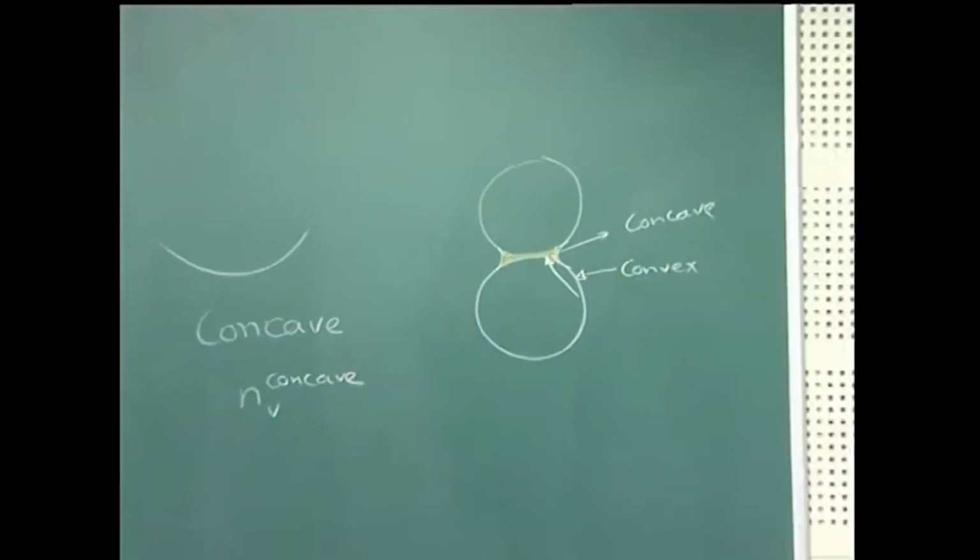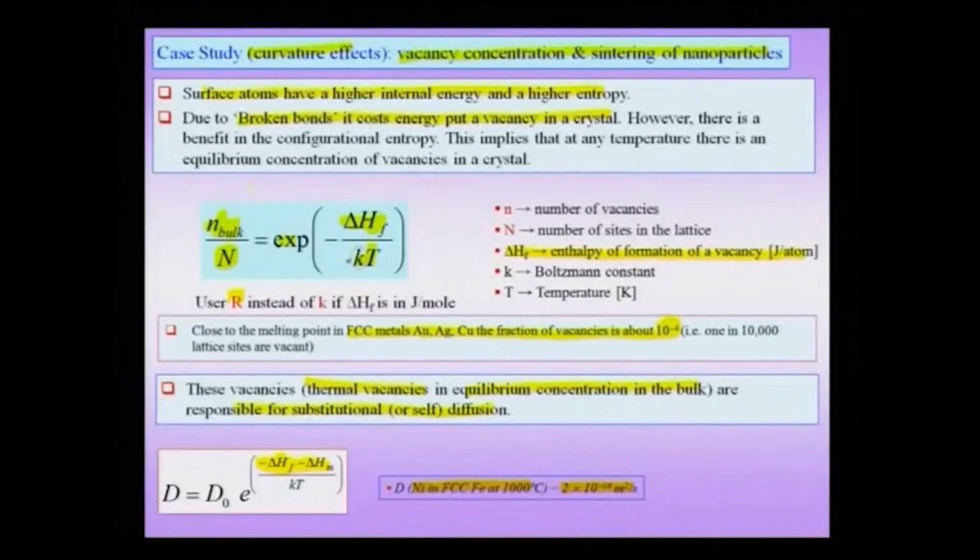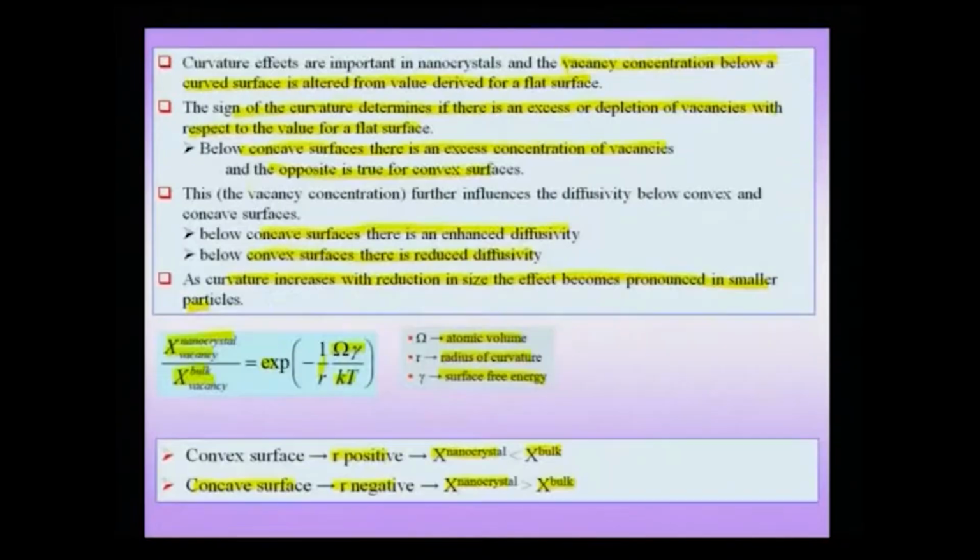Therefore, we are seeing that purely from curvature effects, we have important phenomena coming like coarsening and enhanced or reduced diffusivity in selected regions of the nanoparticle, which is going to give you an enhanced sintering. So, just to go through the sintering part again, we have a bulk concentration of vacancies, which we call the equilibrium concentration of vacancies, which is coming from a thermodynamic, configurational stabilization of vacancies in the bulk. But when we go to nanoscale materials, that means where there is a curvature effect, there the vacancy concentration is either elevated or depressed with respect to the normal bulk material, a flat material where there is no geometrical contribution,